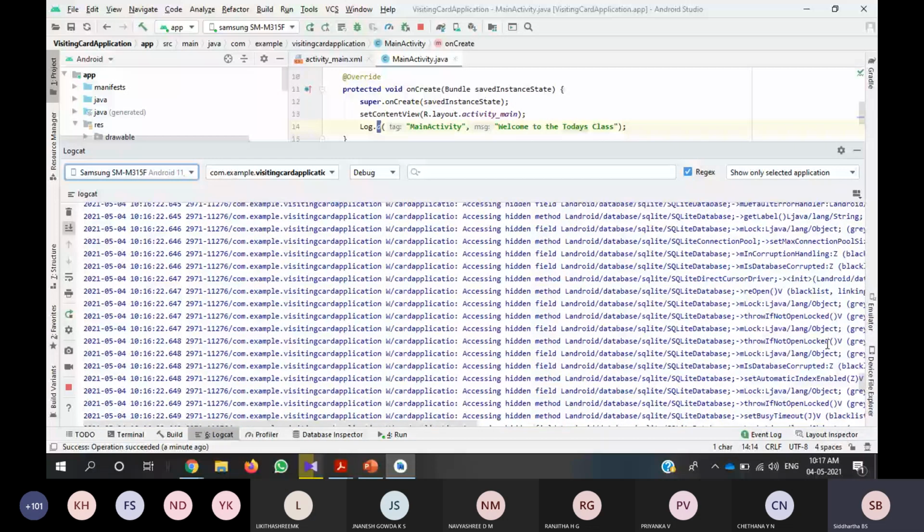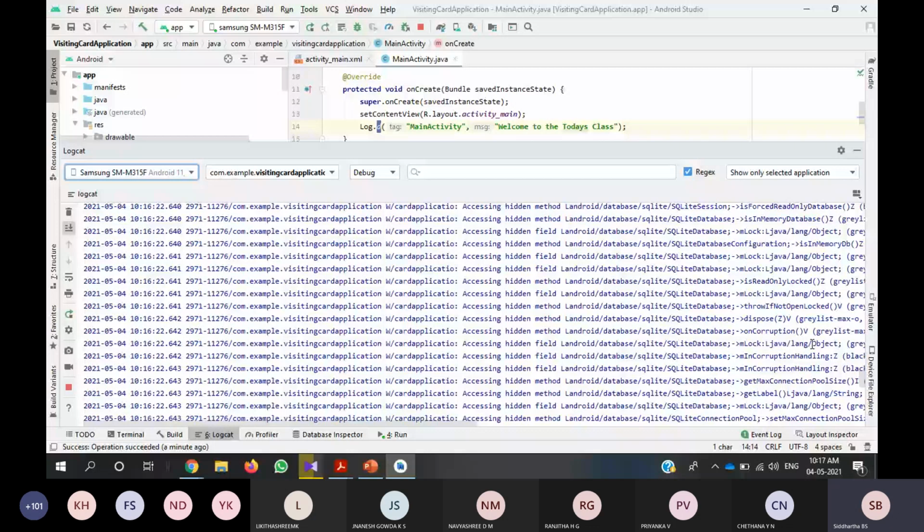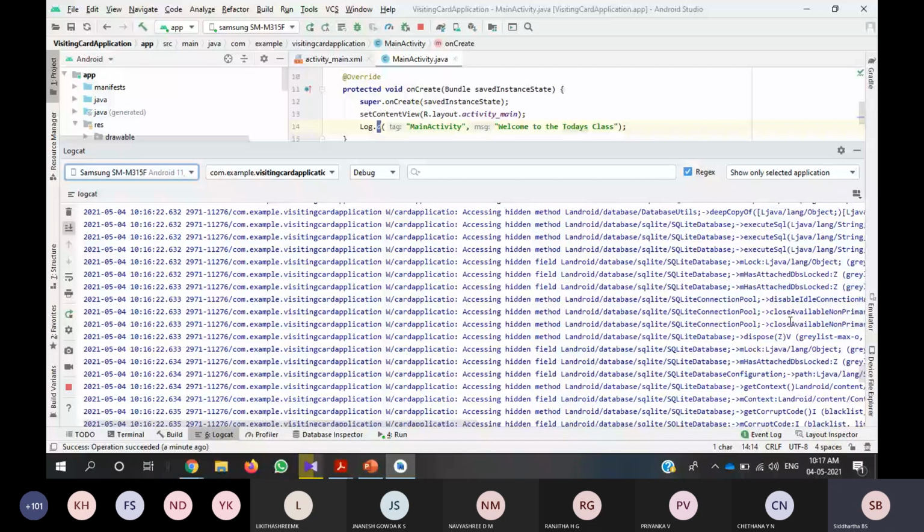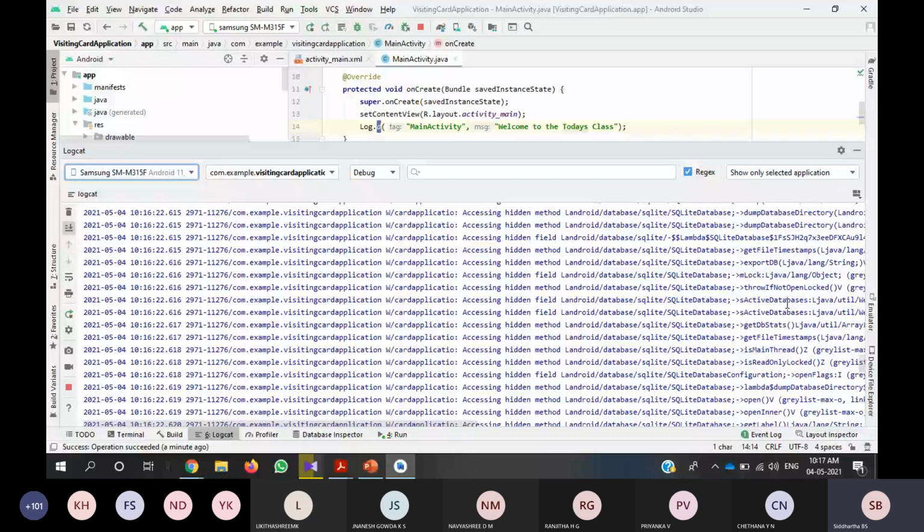It's not showing. It has to show. Maybe so many files have been debugged, so that's why you are getting so many debugging files.